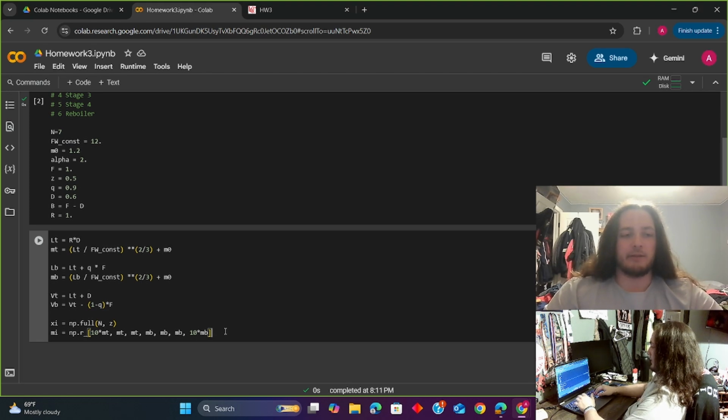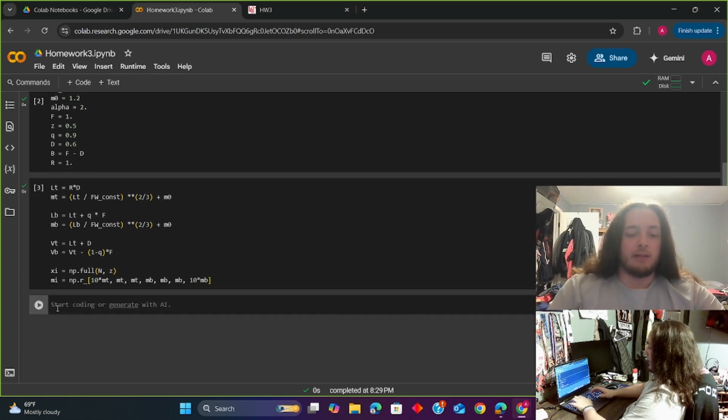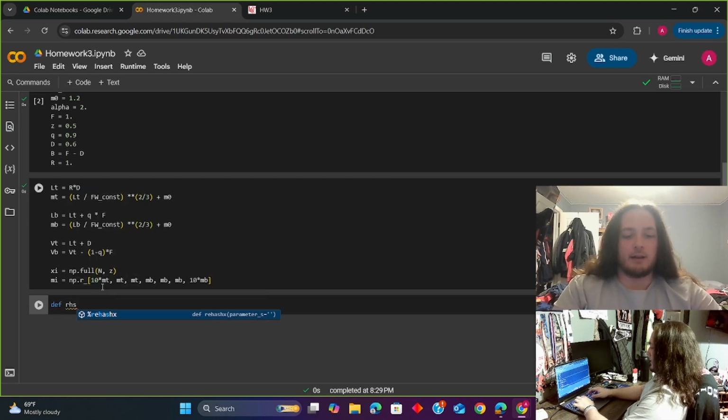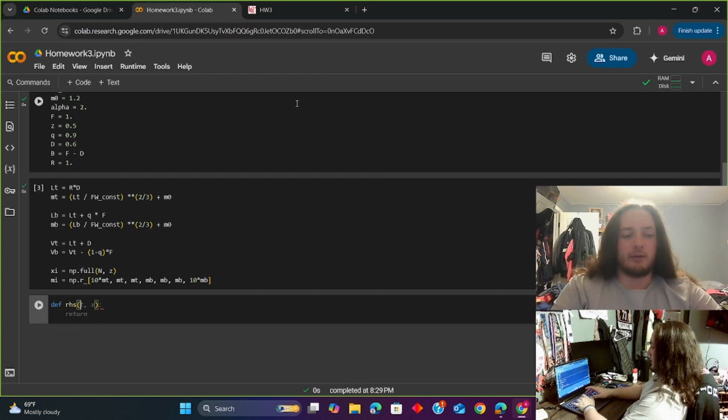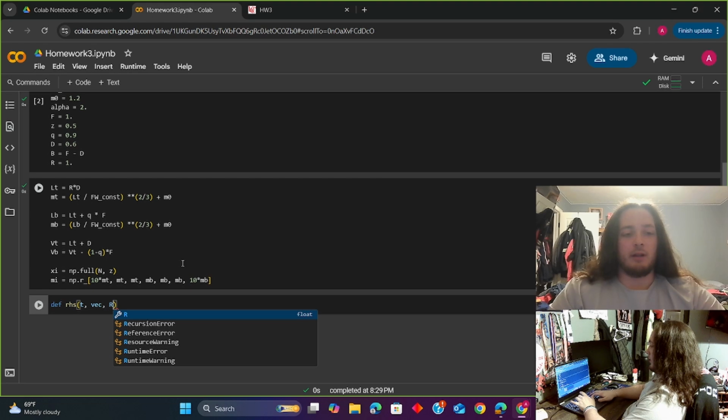So now that we have defined all of our initial conditions, we now want to run that cell, and then we will move into defining our function, and we can name this our right hand side of our differential. Within this function we are going to depend on time, and then we're going to want to use a vector here. We can name that vec, and then lastly we want to include our reflux ratio,